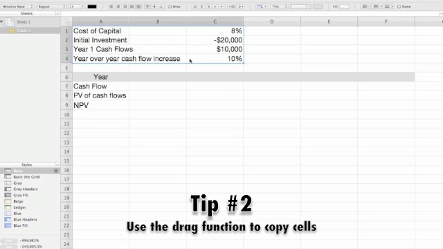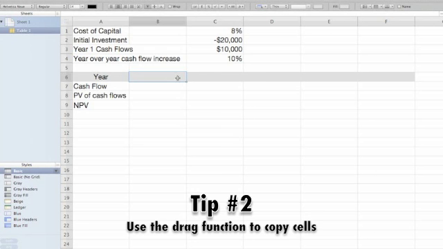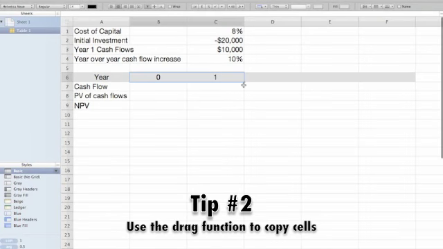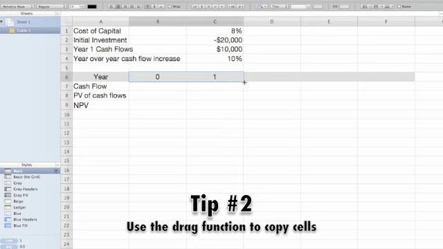My tip number two is to show you how you can drag cells to copy them. I want to put in this row here in my heading the years 0 to 4. So if I type 0 in the first cell and 1 in the second cell, select both of those cells, and then grab the handle in the bottom right hand corner, you see it turns into the black crosshairs. If I use that and then drag across, it will populate the cells to which I'm dragging with my list